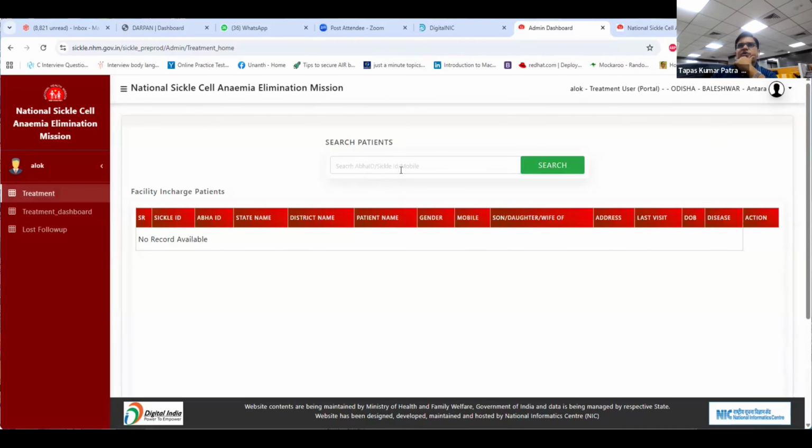You can search the patient through three things: Aadhaar ID, Sickle ID, or mobile number. One of these three things you need to have to search the patients. And suppose right now,